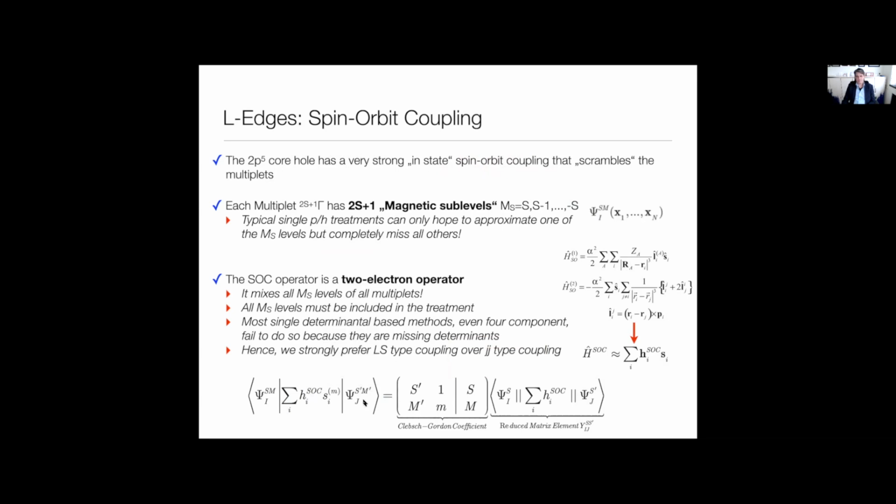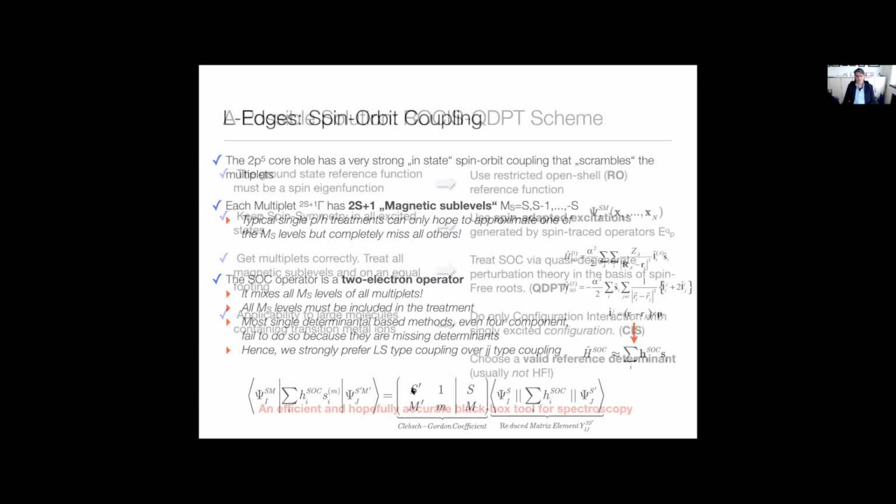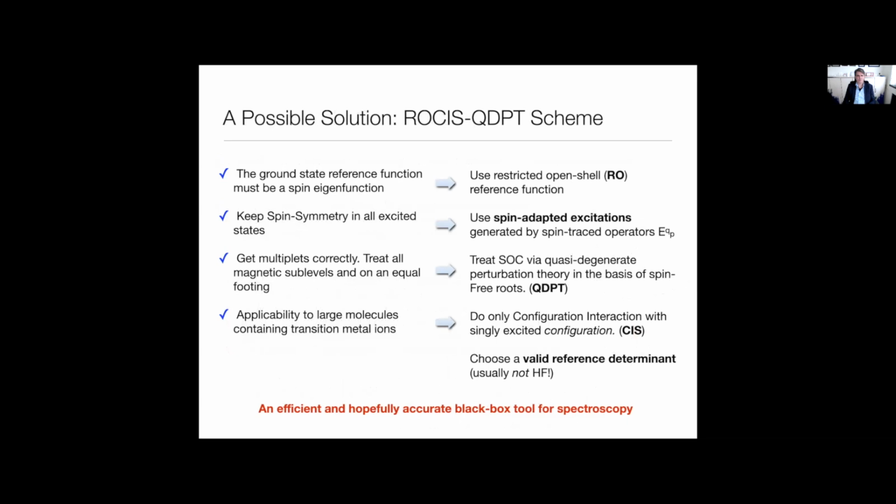What helps a lot in calculating the spin-orbit interaction is the Wigner-Eckart theorem that lets us reduce a whole block of these coupling matrix elements between states of one configuration I and J with spin quantum numbers S, M and S', M'. So that's a 2S+1 times 2S'+1 matrix, and we can generate it by calculating one matrix element, the reduced matrix element, and then the Clebsch-Gordan coefficients. These are technical details that I don't want to dwell on, but you get a general idea of what it is.